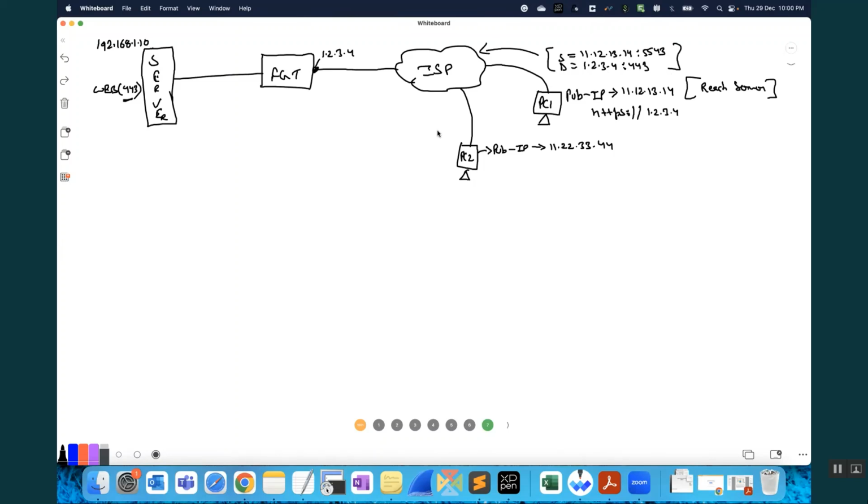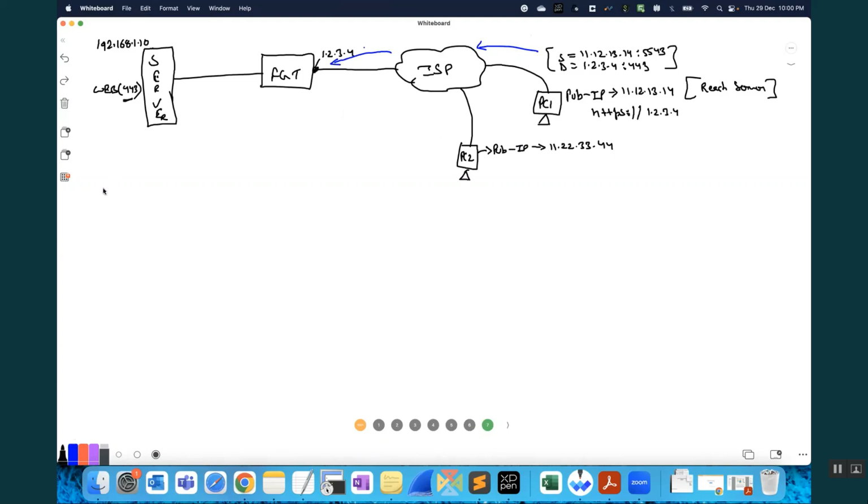Clear? Okay. Now, this packet which reaches the internet will now reach the FortiGate firewall. Let me draw it in a different color so that you will have a clear picture. See here, from the ISP towards the FortiGate firewall.